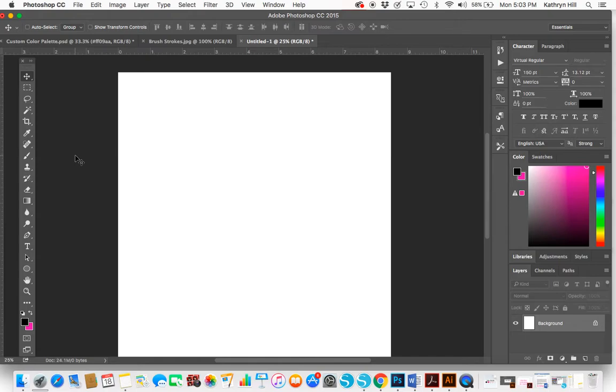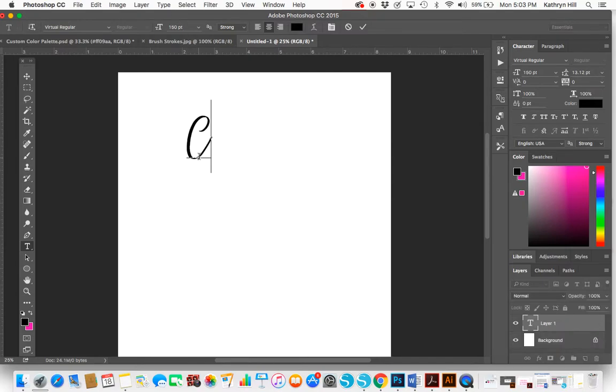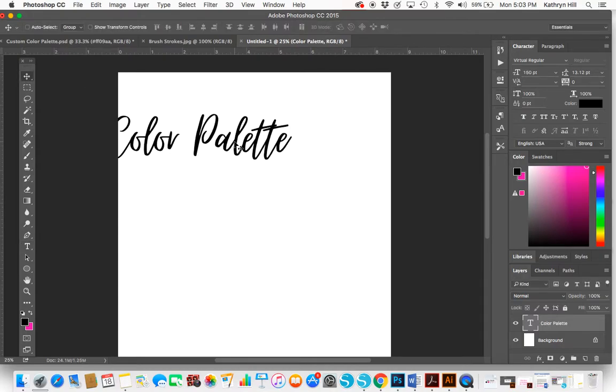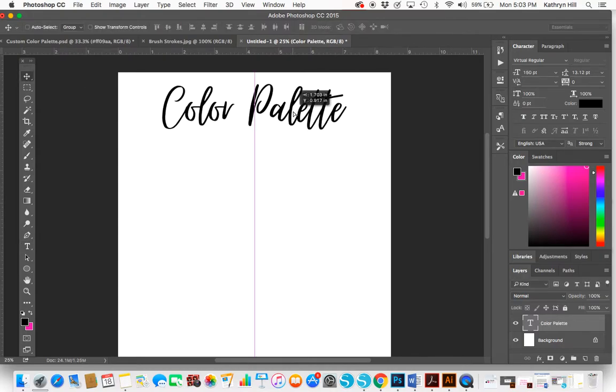So first, and this is just completely my personal preference, I like to create some kind of header for my color palette. Just for this, I'm just going to call it color palette, but you could make it like branding colors or room colors or whatever you're designing a color palette for. So to do that, I'm going to select my text tool and I'm going to use a script called Virtual. It's already selected up there for me, and I'm going to type that,